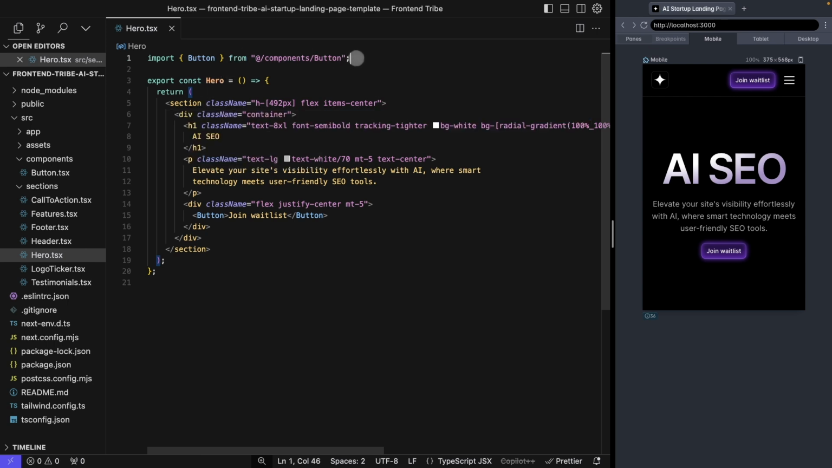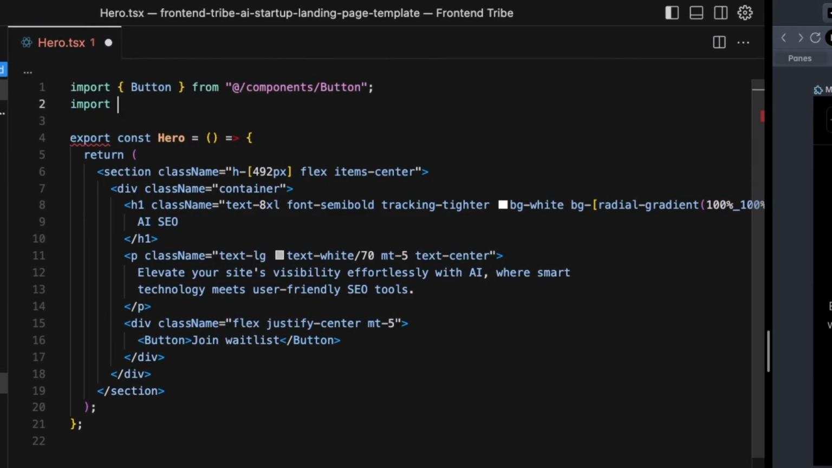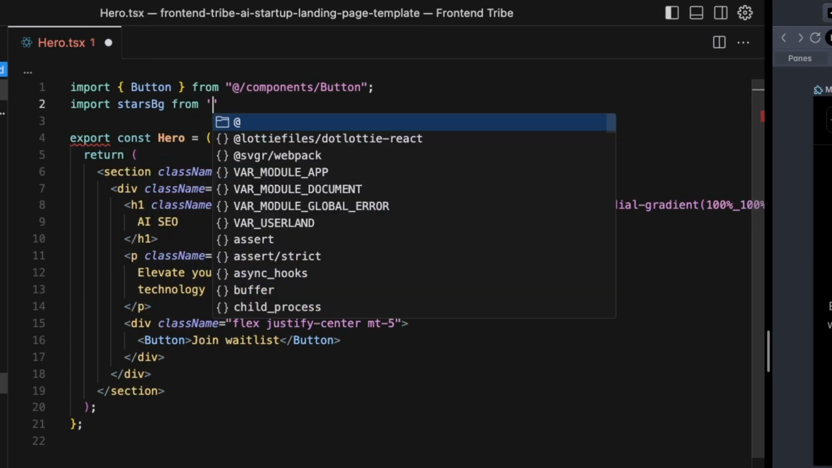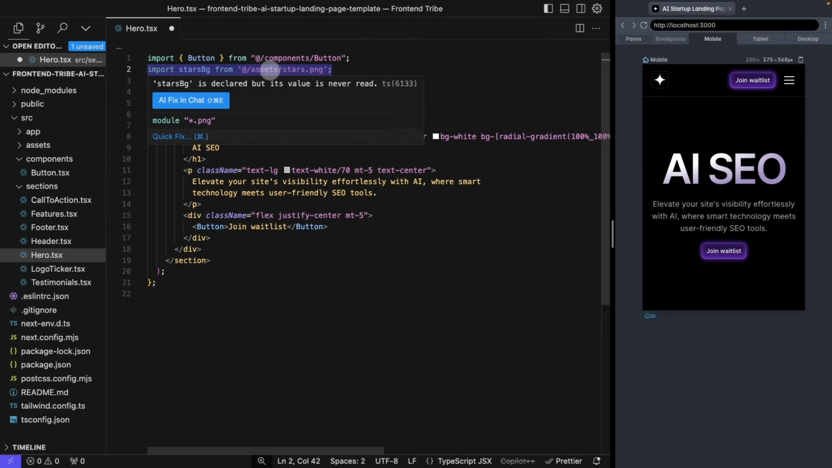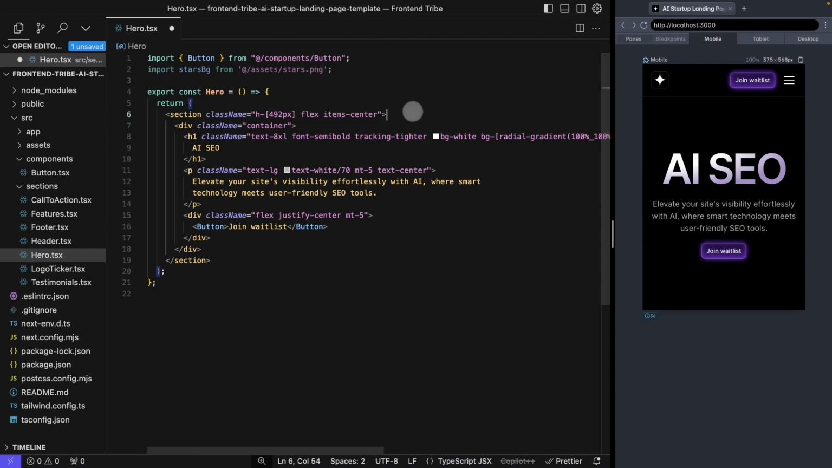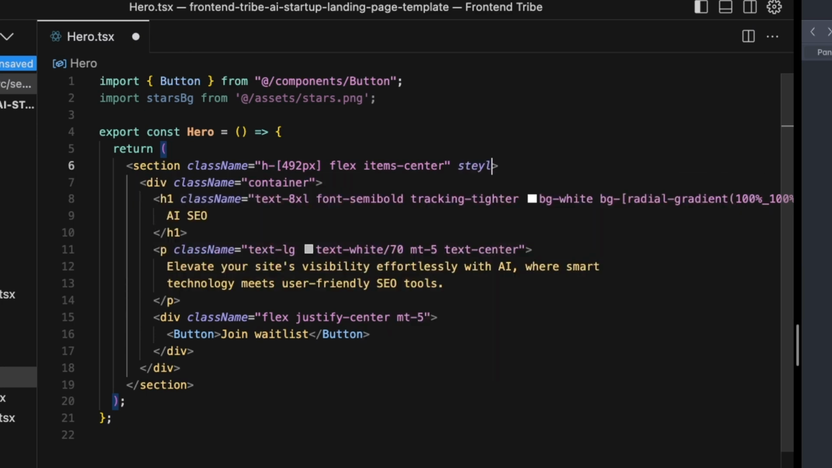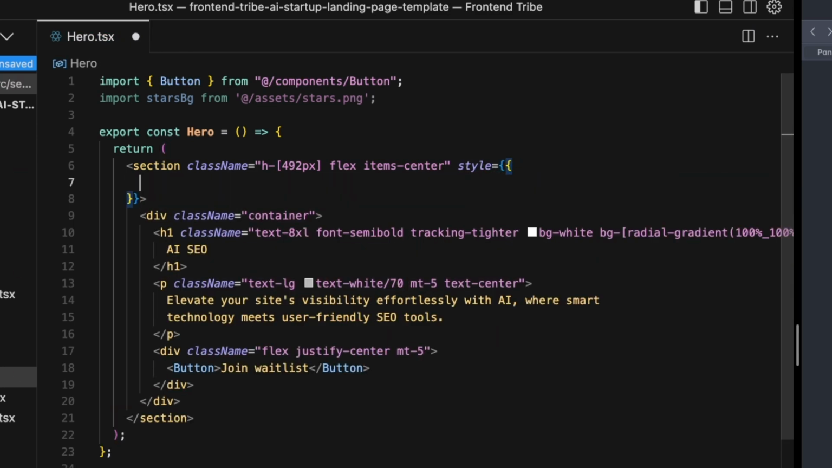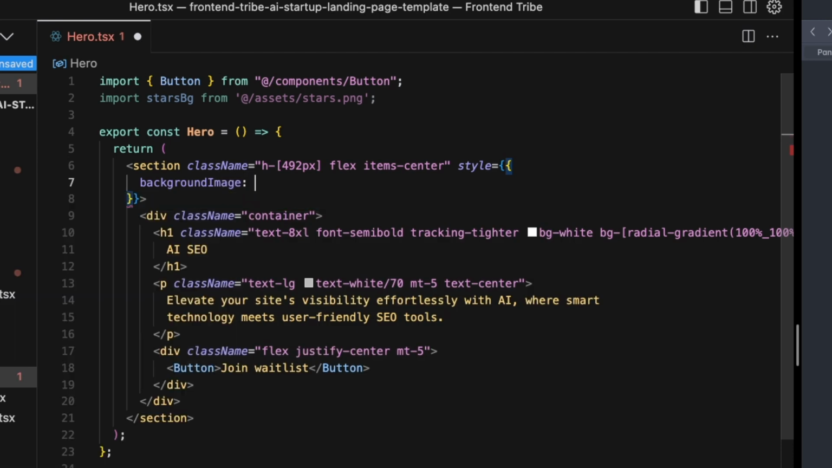The first thing I'm going to bring in is my stars. So I'm going to import my stars BG from @/assets/stars.png. That should allow me to use those stars. Let's see if we can just put this as a background on this section tag. So what I'm going to do is I'm going to add a style tag, and in that style tag, I'm going to give it a background image, and that's going to be my URL of